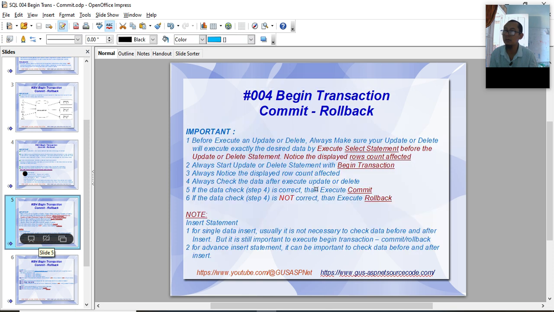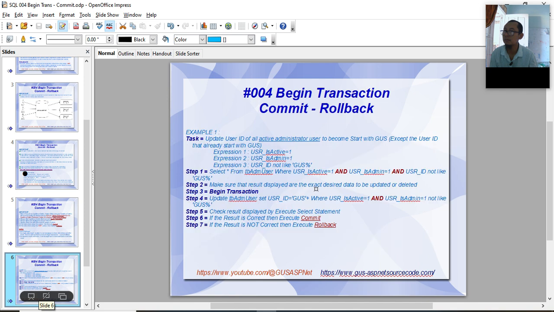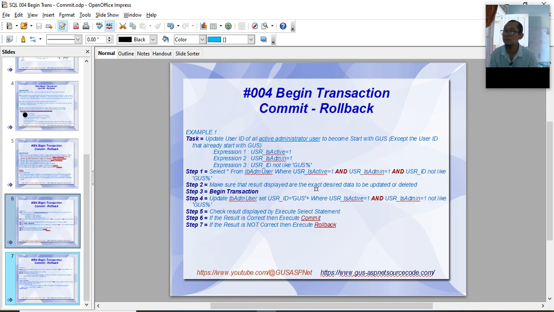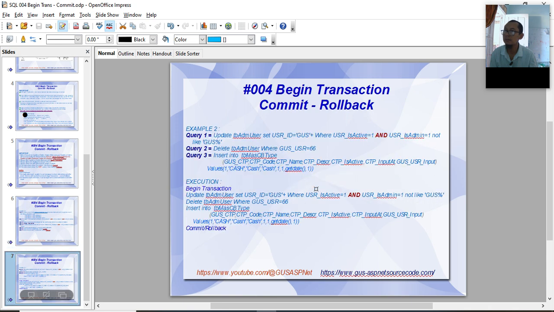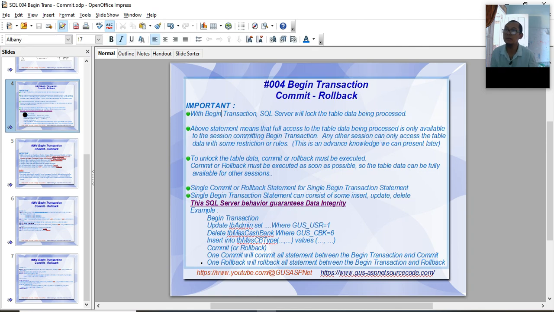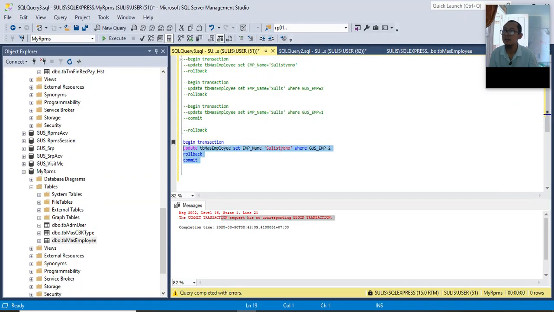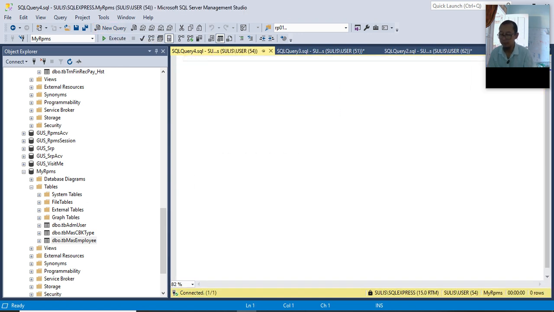Let's see how it works. With begin SQL transaction, SQL Server will lock the table data being processed. I will make an example. This is session 1.